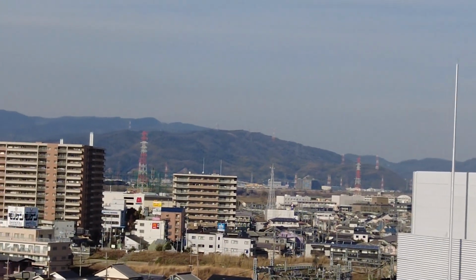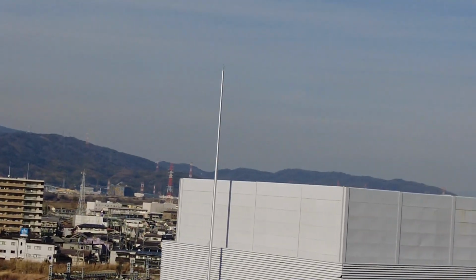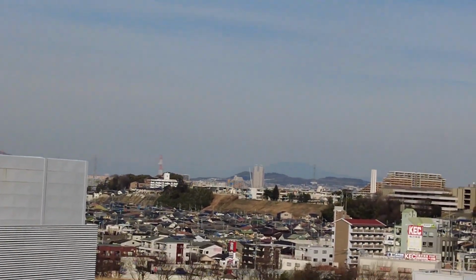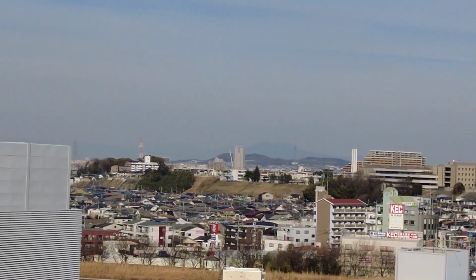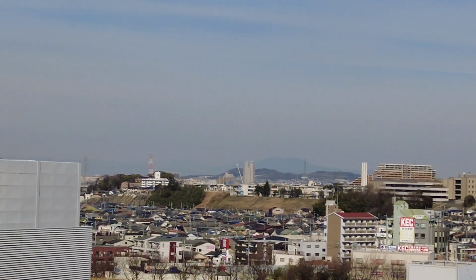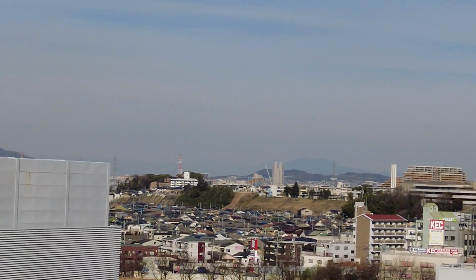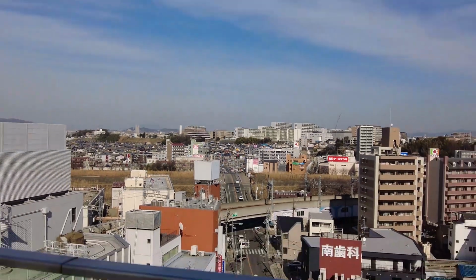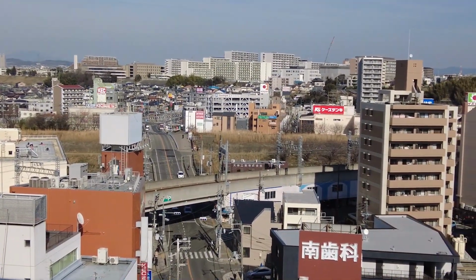Of course, you can see the mountains in the distance. And again, just straight ahead, there's a building that's kind of like two towers. That is over by Kawahara Station, so that is still in Hirakata. Of course, you can see lots of apartment buildings here. And then kind of here in the foreground, you can just see some yellow